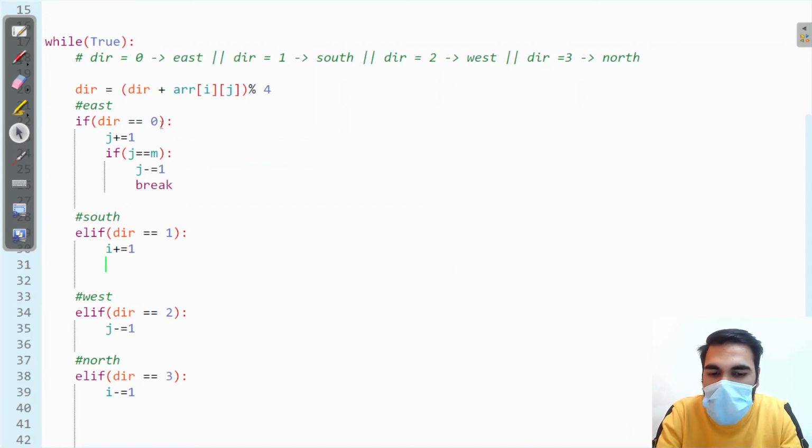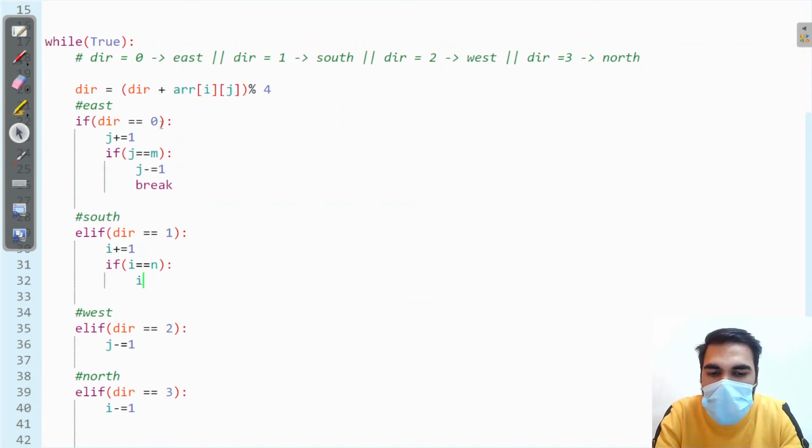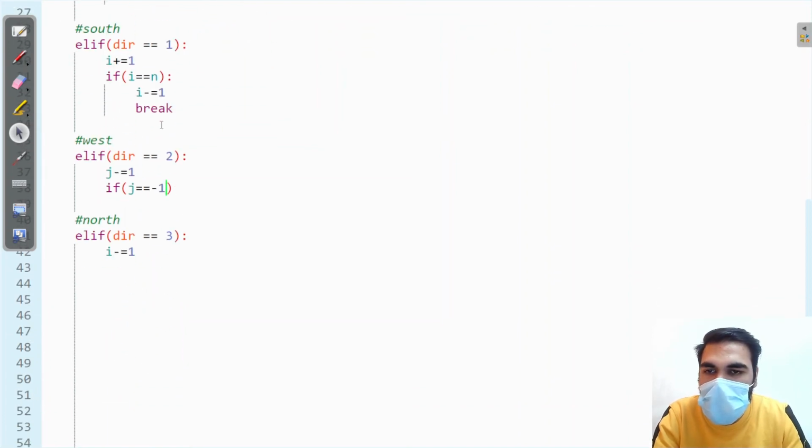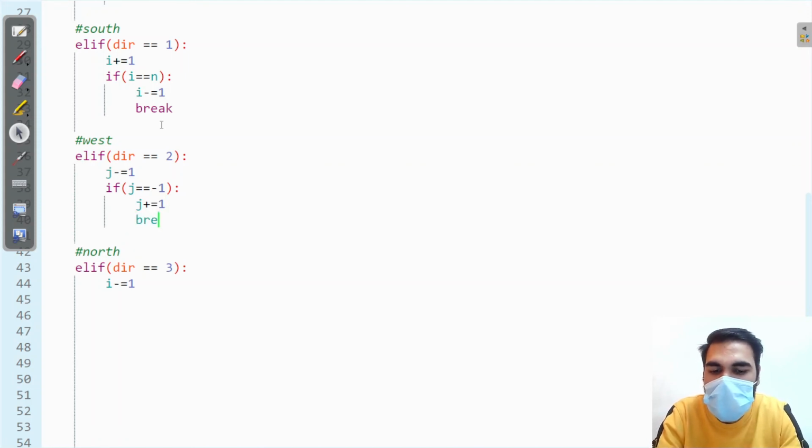Similarly, if you are moving in the south direction, at one point you will face that your i will become equal to n. So you have to decrease your i by 1 and then break. Similarly, in west direction, if j is equal to -1, you have to increase your j by 1 and then break to get the correct exit point.